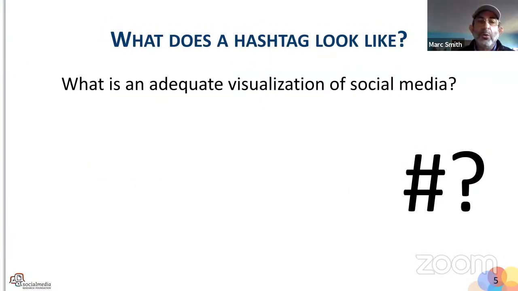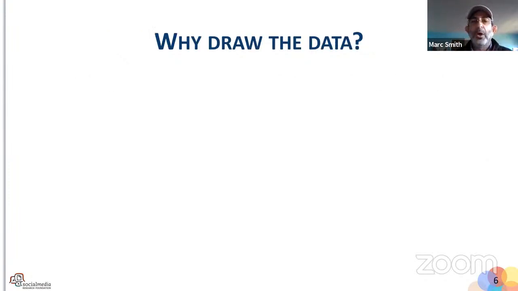So we want to draw a picture of the structure of social media, or at the very least, a picture of the structure of collections of annotated connections. And we want that to be easy, fast, quick, because we want you to take pictures the way that you do with your phone. Just snap, snap, snap. You don't put that much planning into it. I need a picture of that, I take a picture of that. We want you to take pictures of crowds that are talking about the topics we're all talking about. We want to understand the shape of social media. And so what would a hashtag look like? It's not like that. That's not enough.